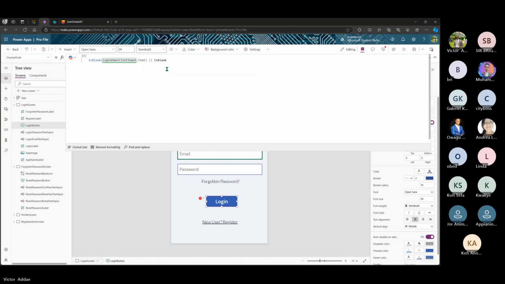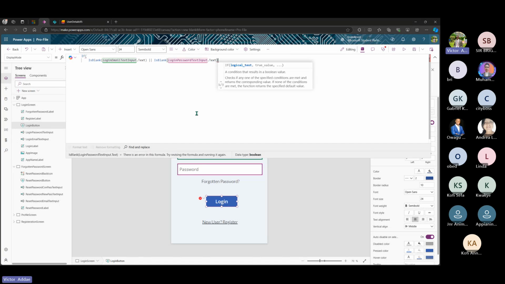Password text input. So let's open this password. Oh, sorry, login password. Text. Okay, it's here. Dot text. Then we say that